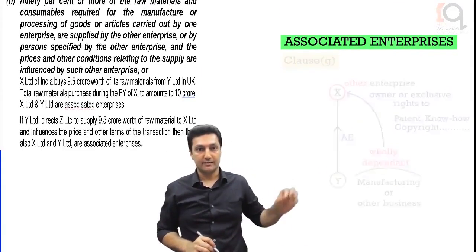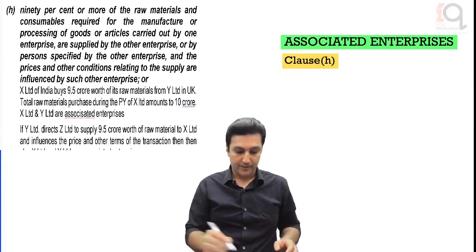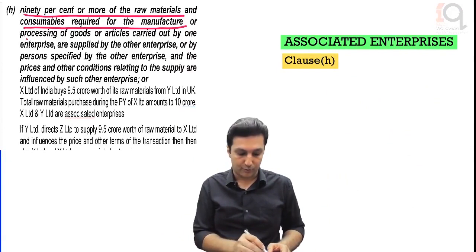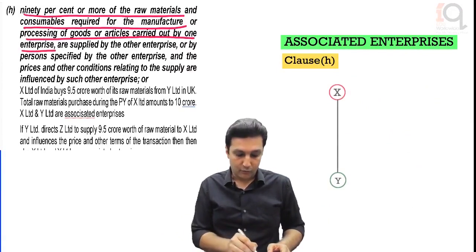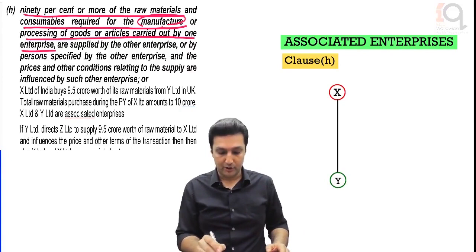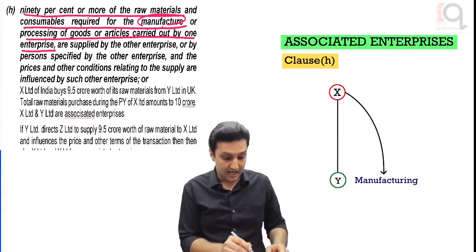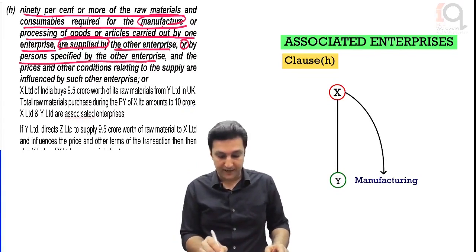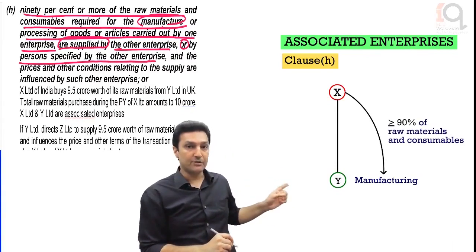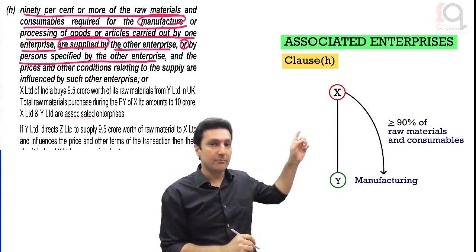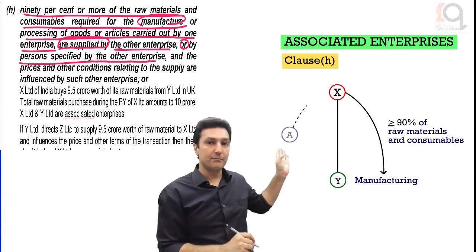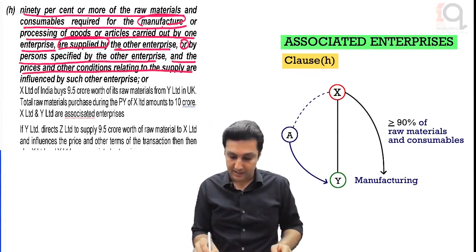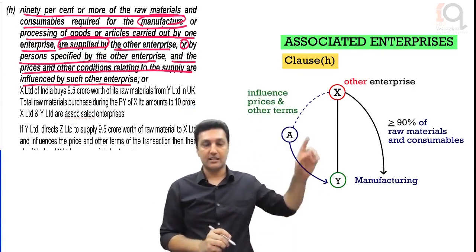Now he says 90% or more of the raw materials and consumables required for the manufacture or processing of goods or articles carried out by one enterprise. Now this one is only applicable to the manufacturing business, are supplied by the other enterprise or by persons specified by the other enterprise. So 90% of the raw materials required are supplied by the other enterprise or by any other person specified by the other enterprise, and the prices and other conditions in relation to supply are influenced by such other enterprise,